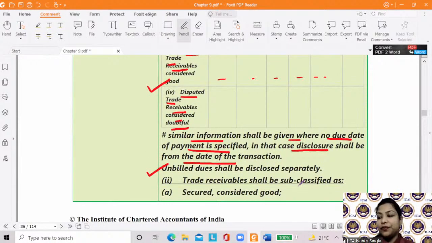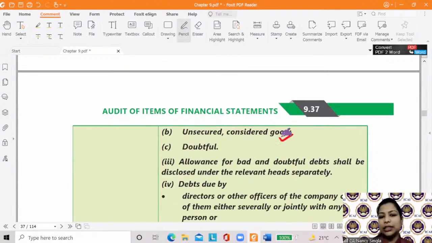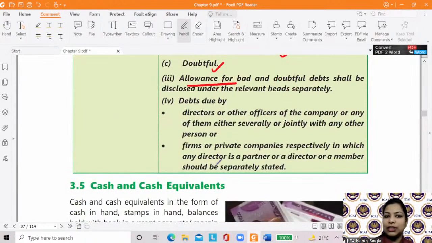Now these trade receivables shall be sub-classified as secured considered good, unsecured considered good, and doubtful. And with respect to the 3 categories, the provision, the allowance with respect to the doubtful debts needs to be shown, ठीक है।